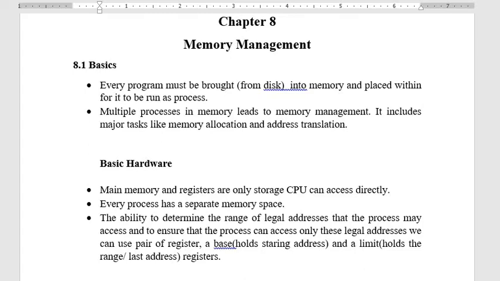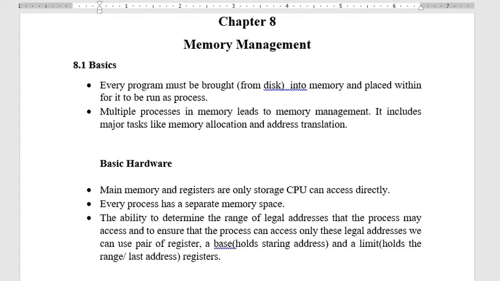When we talk about management, it is not only with respect to process management. It also includes the major task of memory allocation, because whenever you bring a process or program from the secondary device into the main memory, what portion of the physical memory has to be allocated for that process, and where the free memory is available, all has to be kept track of in order to fit the process taken from the secondary device.